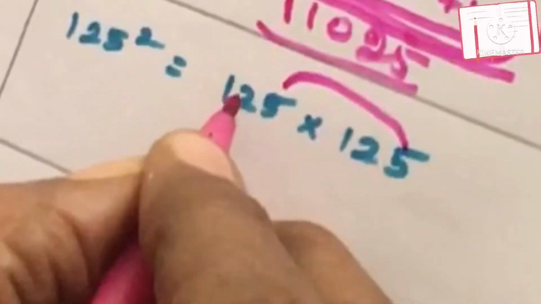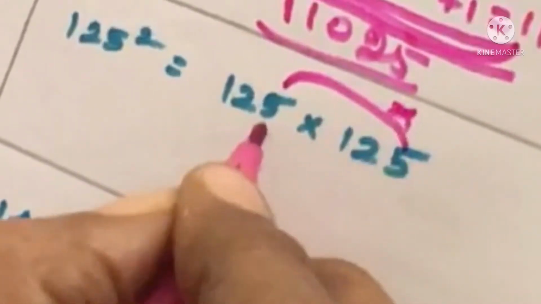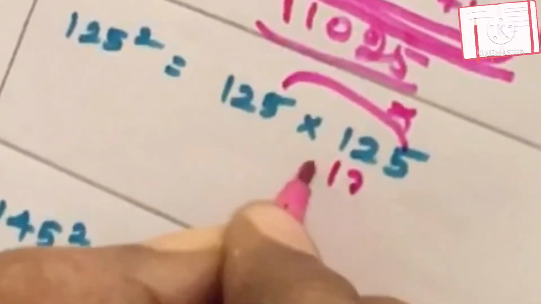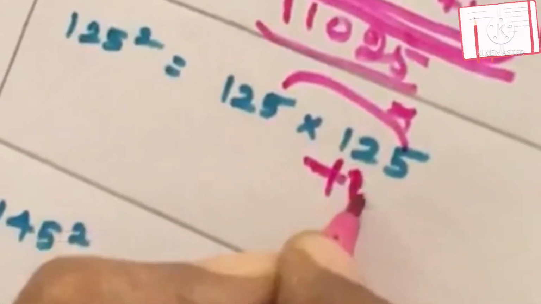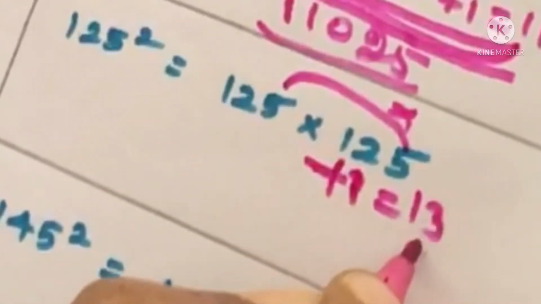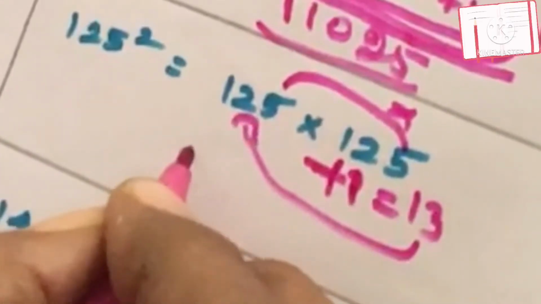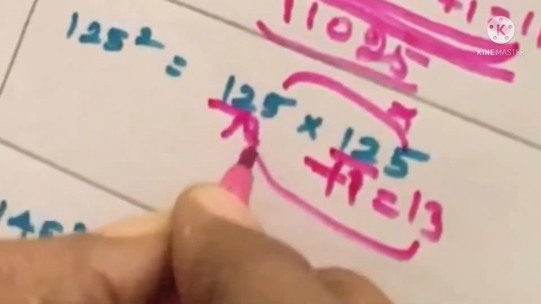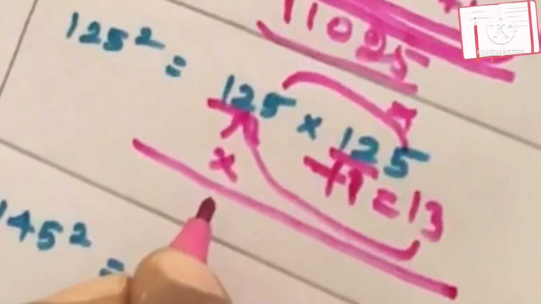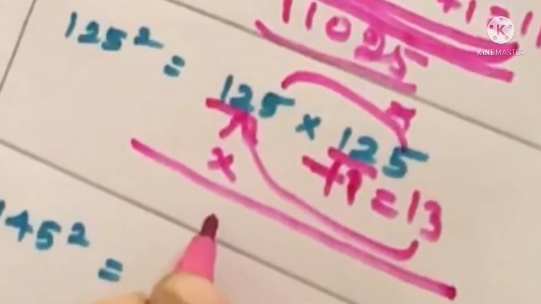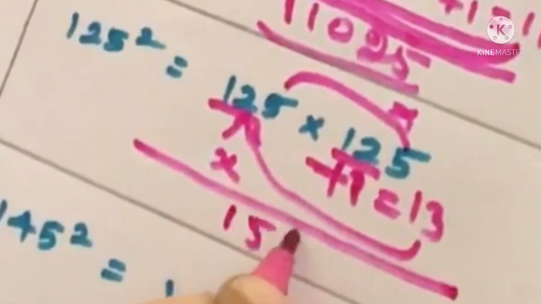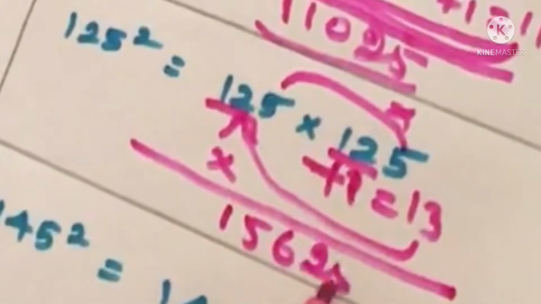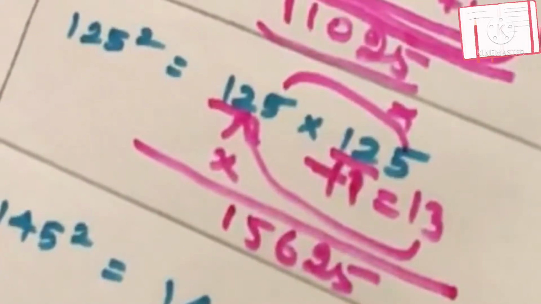So next we are going to see the square of 125. The same procedure is followed here. The ones digits on your right and left are multiplied, which gives you 25. Next, the tens and hundreds digits together are taken as 12 on both your right and left. The 12 on your right hand side is added with 1, which gives you 13, and that 13 is multiplied with the 12 on your left hand side, which gives you 15625. Hope you understand.